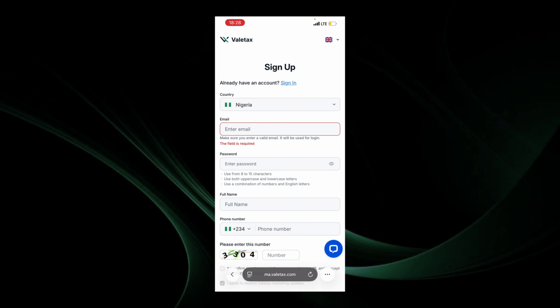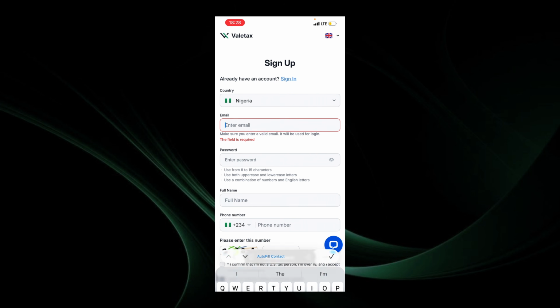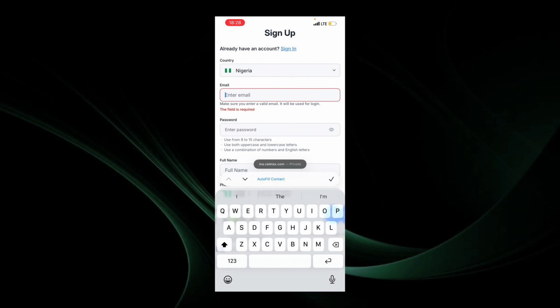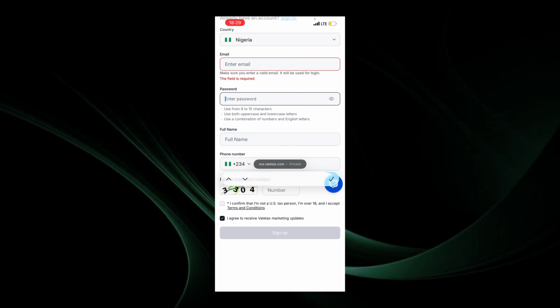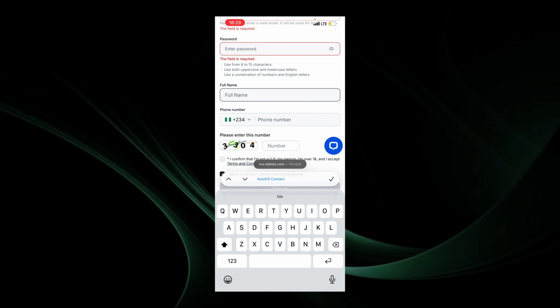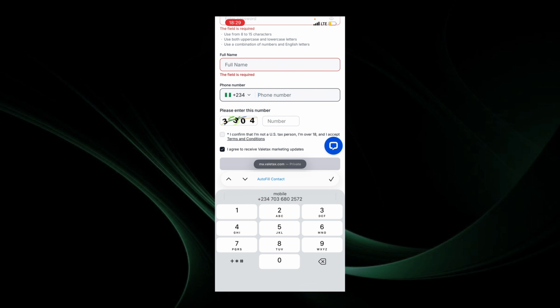Now, once you sign up, you'll see the website, which is the Valitex website, as seen on the top left hand side. There'll be a sign up there, right? Sign up there, and then there'll be already have an account. So if you already have an account, just in case later you want to sign in, you basically click here, right, after creating an account. So the first thing you have to do is obviously put your email. So after putting your email, you enter your password, and after entering your password, you put your full name. Then after putting your full name, right, your name and your surname, you add your phone number, right?